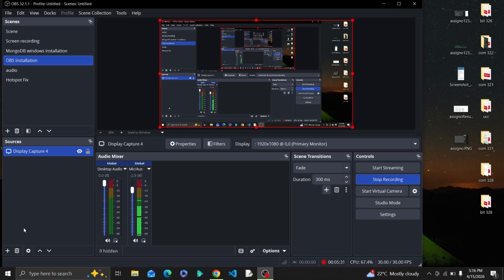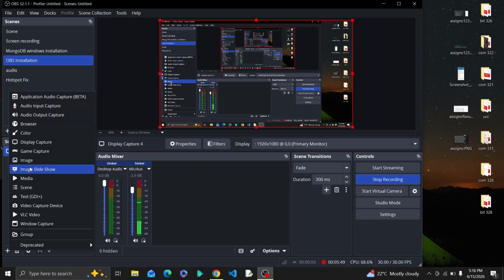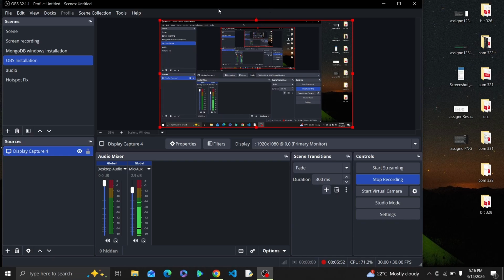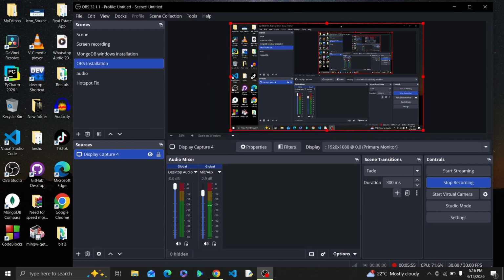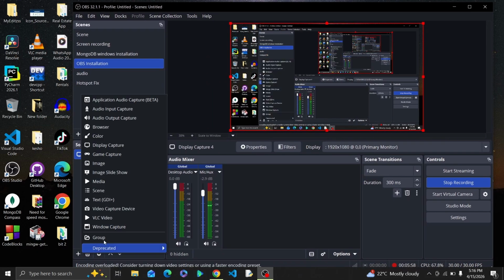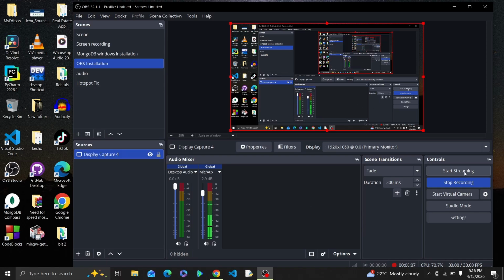For example, if you want to record video games, if you want to record the screen, if you want to record a window, basically if you want a specific thing to record, you just click this plus button and then you'll see all these features. Let me center this one. If you see these features, you can record the window, you can record the video, you can record the display, game capture. And in order to start recording, you just click here, and to stop recording, you just click the same thing. You can stream basically